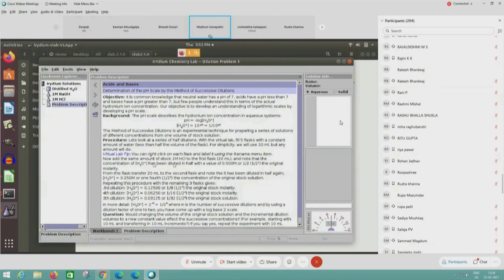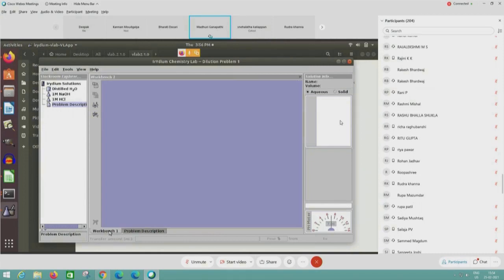So for the molarity, in the Stockroom Explorer we are given 1M hydrochloric acid, and then successively we have to dilute to the 5th dilution. First dilution, second, third, fourth and fifth, and respectively check the molarities and pH. So let's go back. I'll click on the workbench. I will take hydrochloric acid from here. We are provided 1M hydrochloric acid. Here we are.